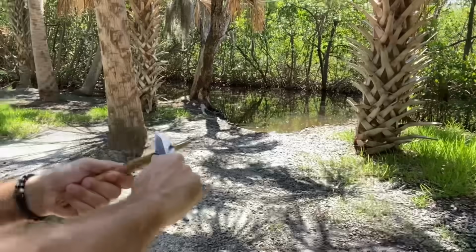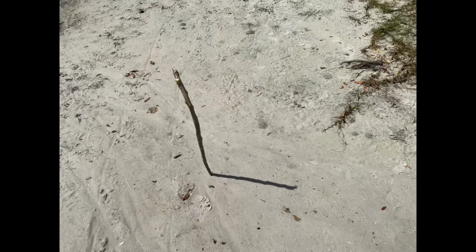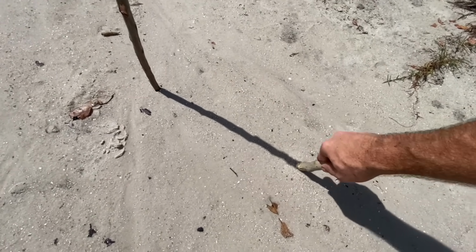Here's the first of 2 methods. First thing you want to do is find a stick. Use your knife to cut a pointy stick. You can use 3 sticks or 1 stick and 2 rocks, either way. You're going to put that stick directly in the sunlight, preferably in a sandy, sunny area if possible, and it's going to cast a shadow. At the end of that shadow, you're going to stick another stick or place a rock. Does not matter. After that, you can wait 15-20 minutes and you can get a general direction,